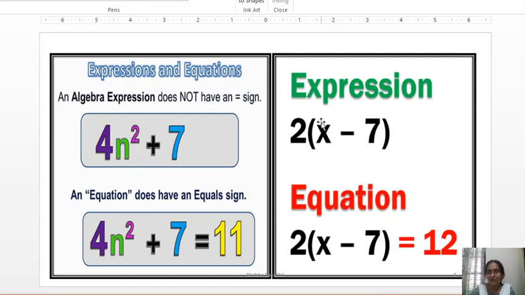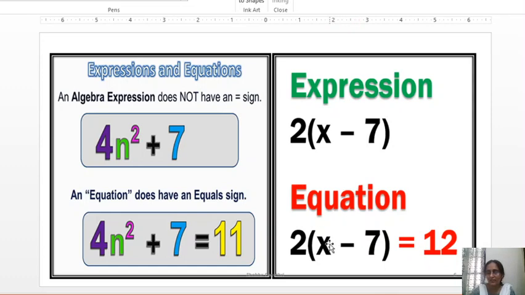See, when the power of the variable is 1, such expression is known as linear expression. The name of the expression is linear expression. When the power is 2, it is known as quadratic expression that you will learn later in your higher classes. We are going to learn only linear expressions and linear equations in 7th standard.